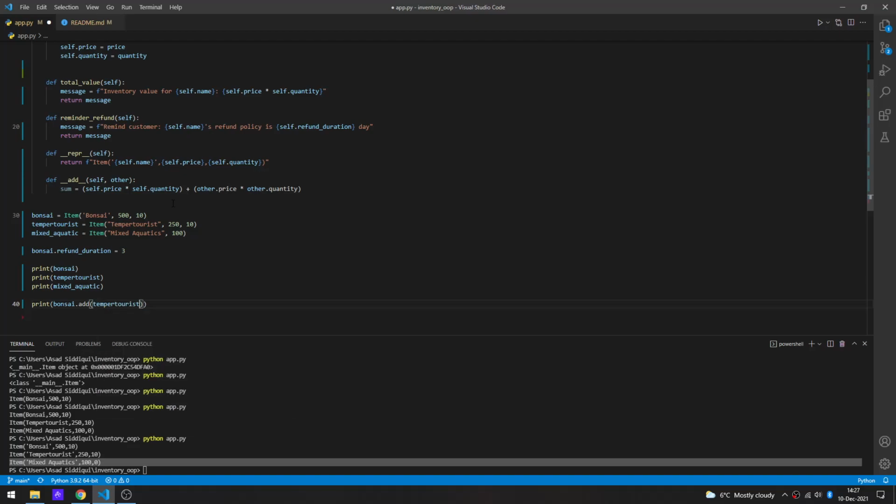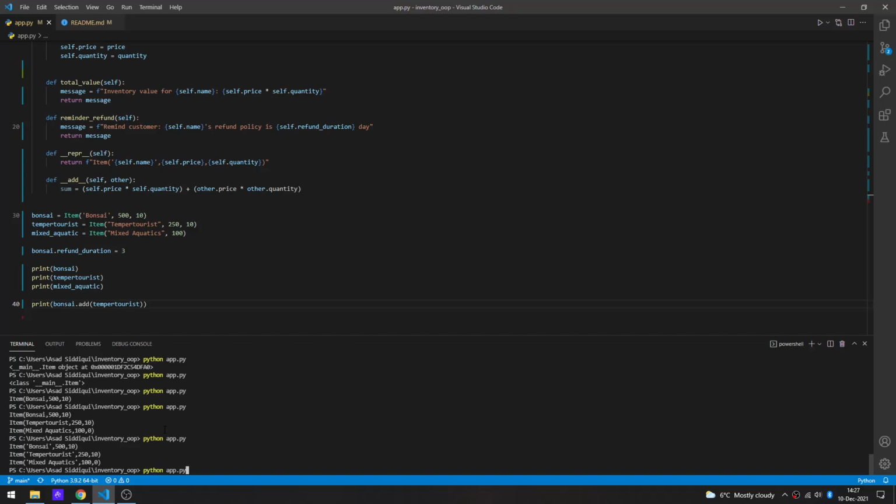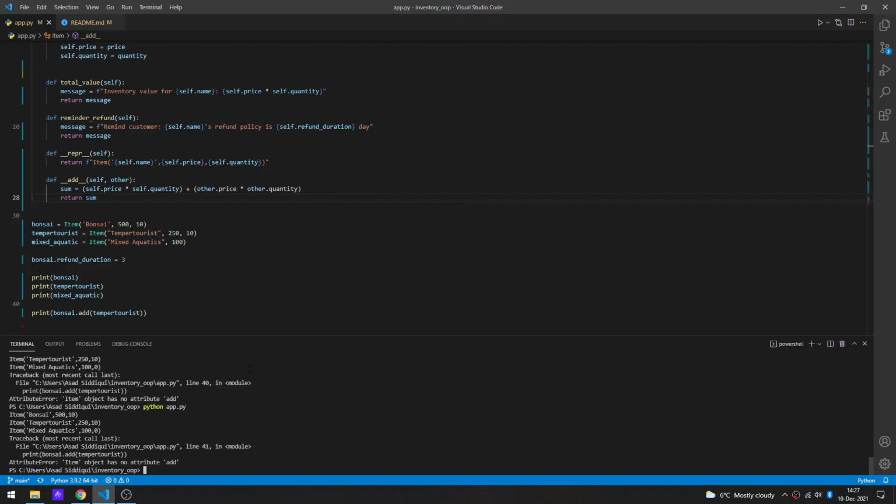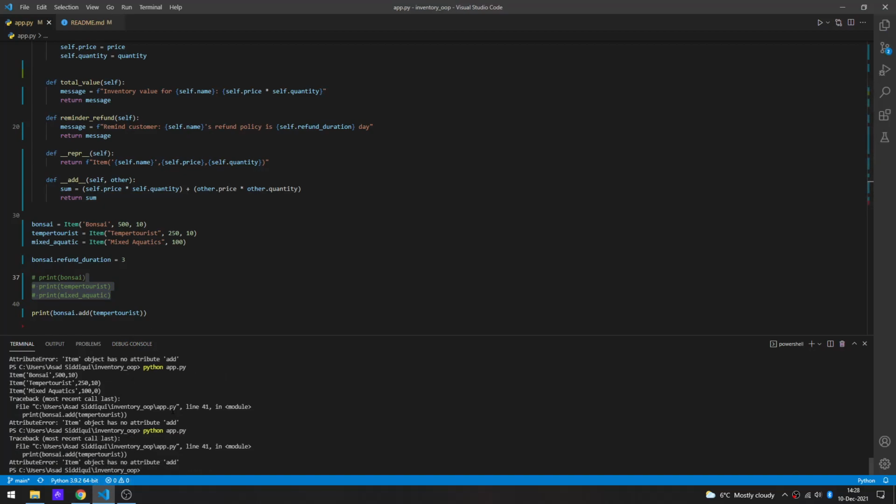What I expect to see is 7,500, 7,500 worth as combined value. So let's go ahead and do this. Okay, so what seems to be the issue here? There's no attribute. Okay, let's say sum. We have these two being declared. Okay, item object has no